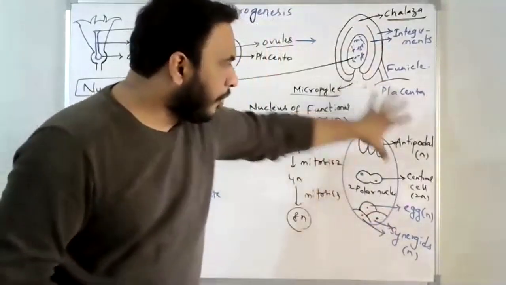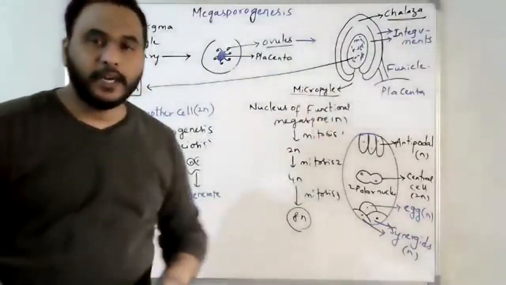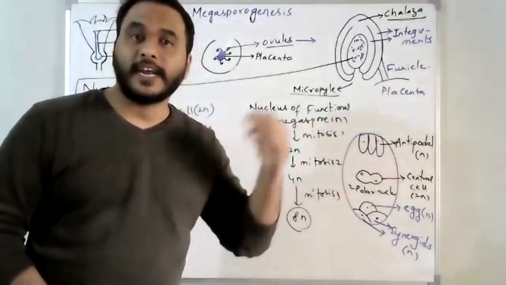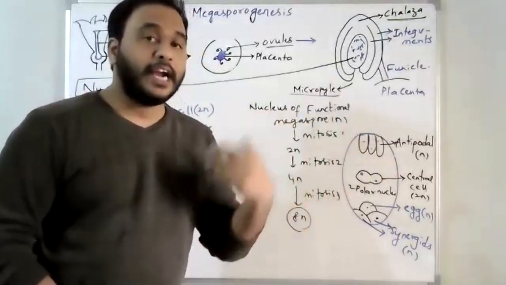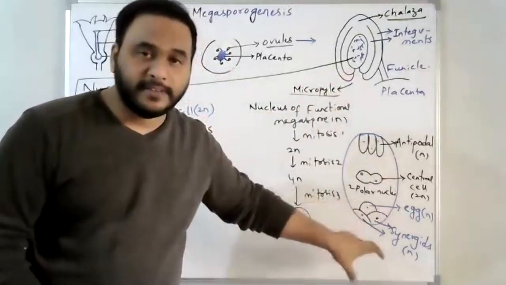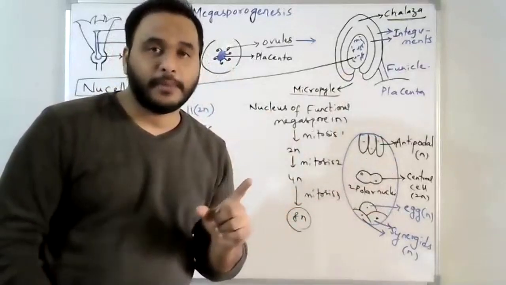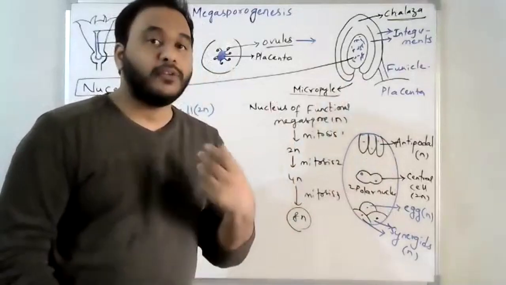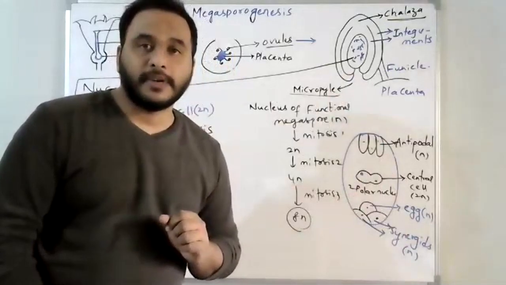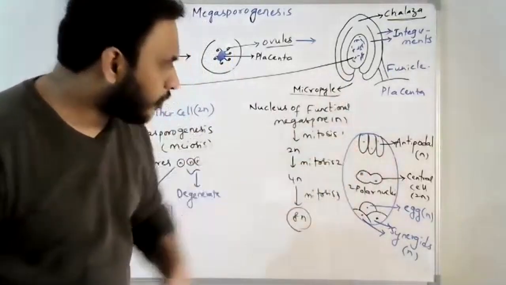So this is the embryo sac, and antipodals don't have any specific function. They degenerate after fertilization. The two nuclei of the central cell fuse with the second male gamete coming from the pollen grain and form the primary endosperm nucleus, whereas the egg cell located above the two synergids fuses with the first male gamete coming from the pollen grain and forms the zygote, then embryo, then seed. These synergids are also called helper cells. They guide the pollen tube entry into the embryo sac. So this is the structure of the embryo sac.